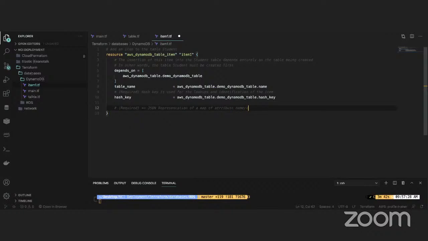Name and value pair, right? There's one for each attribute, right? So this is what we're gonna do now. It's gonna look a little weird, but that's the way it is. So we say item, that's what we created, right? Item equals, and we say this